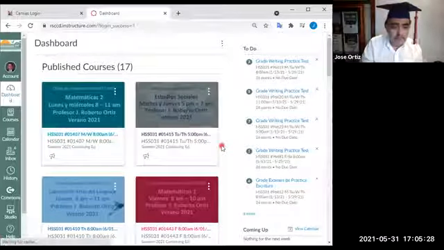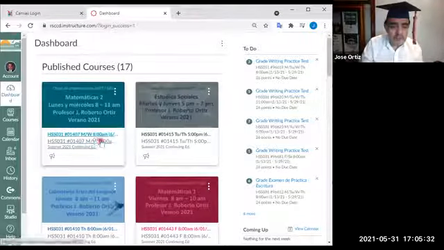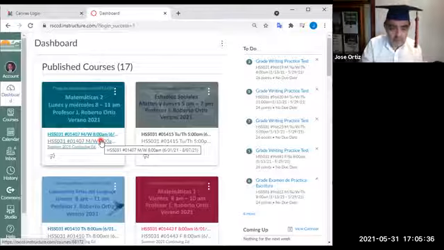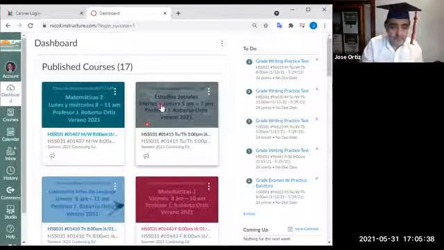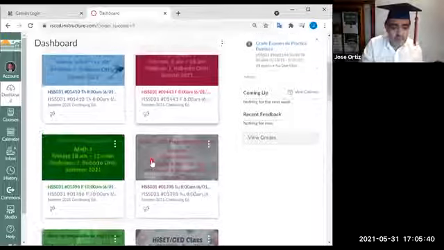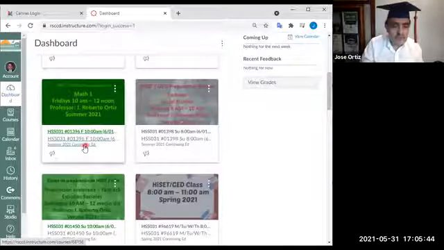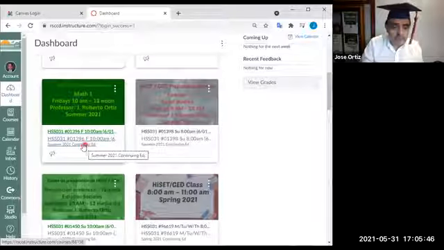So once you log in, you click here, and it will take you right to this virtual school. Each of these squares represents the classes that you are enrolled in. So for example, let's say you're enrolled in the math class Fridays 10 to 12 with me.